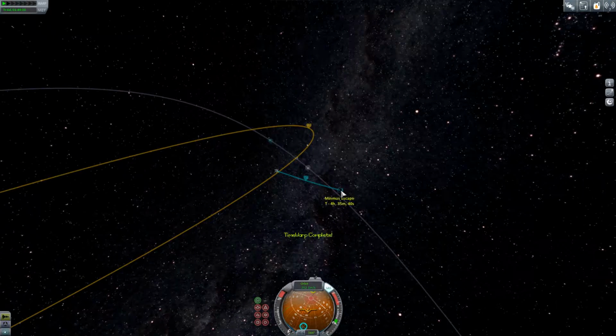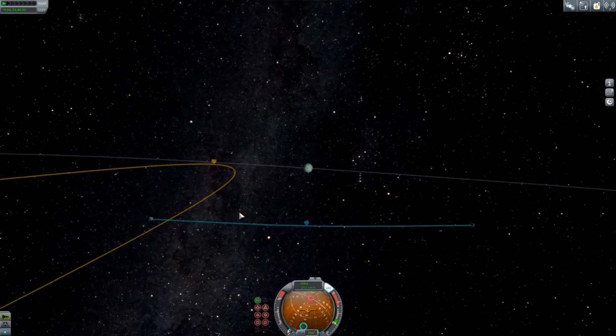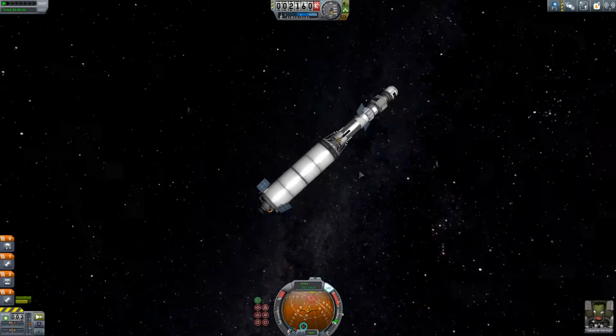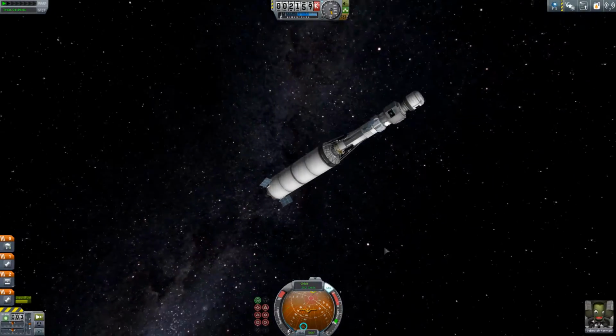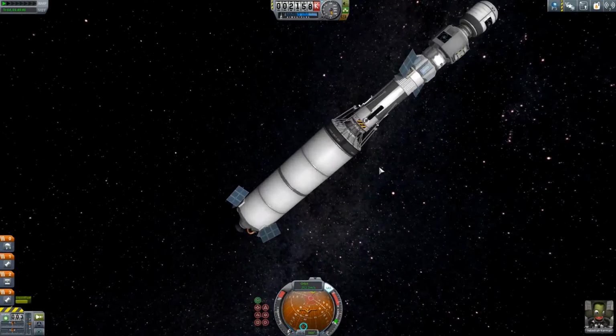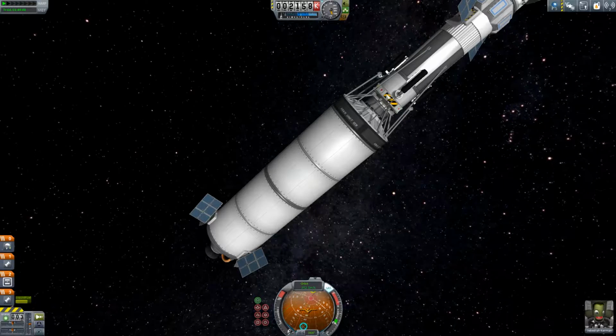Alright, so we're 4 hours away from Minmus escape. That's plenty of time to do what we need to do. More than plenty. It's sort of a ridiculous amount of time. So our next step is to separate this thing out and get it all reattached the right way. So we're going to go ahead and...